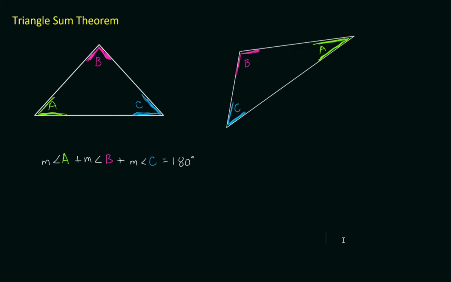In this video we'll be looking at an example on how to use the triangle sum theorem. The triangle sum theorem, as we saw earlier, is just a rule that says that if you add up the interior angles of any triangle, regardless of how big or how small it is, the angles should add up to 180